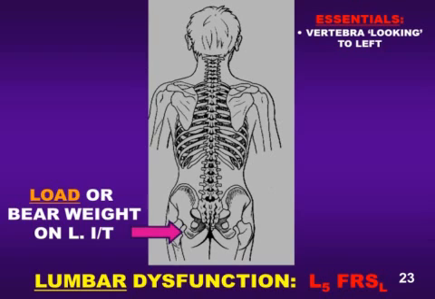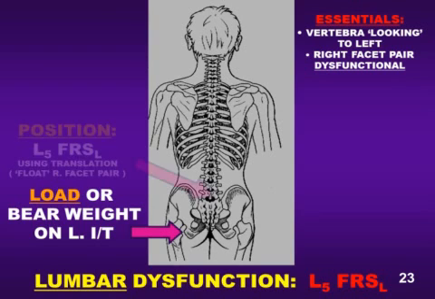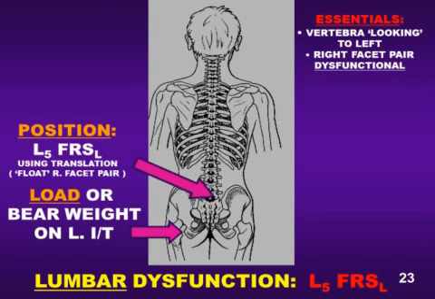It's looking to the left, so we're going to bear more weight on the left ischial tuberosity. We're going to be palpating over the right lumbosacral area because that's the dysfunctional facet pair that won't close. So we're going to position them by having the patient slump forward. That introduces the flexion. Then side bend them left; you can use your hand over L5 and translate that